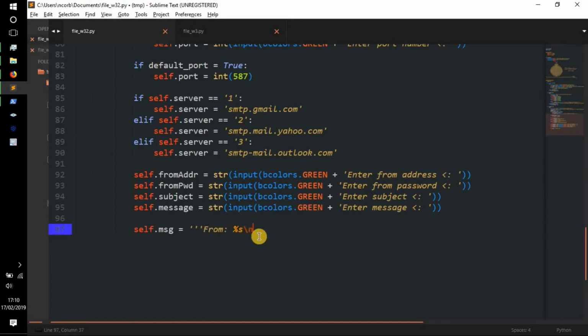That's how we're going to format this, and you've got to do it like this. So from, 2 dot space, and then %s, which is going to be the value, and then a new line character. Then we can do capital T, 2, space, %s/n, and then capital S, subject, space, %s/n. So we've got from, to, subject, and then for the message, it doesn't need anything, we just need to do %s/n, and then